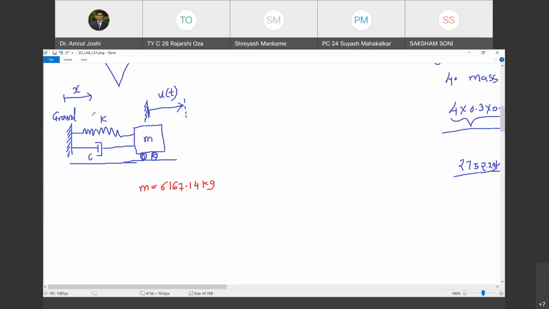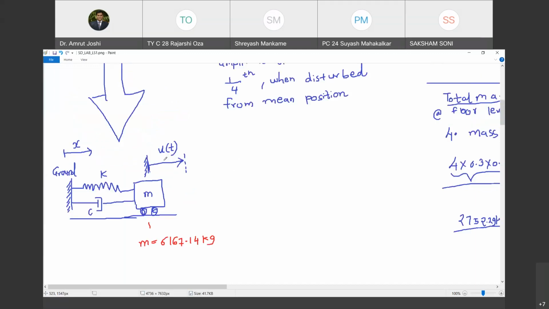तो अब जरा देखो, what is the meaning of k? K is the stiffness. So it is the amount of force required for this mass to be moved by a unit displacement towards right. Do you agree with me? Stiffness is force required to move the mass towards right or left by unit displacement. Do you agree with me?